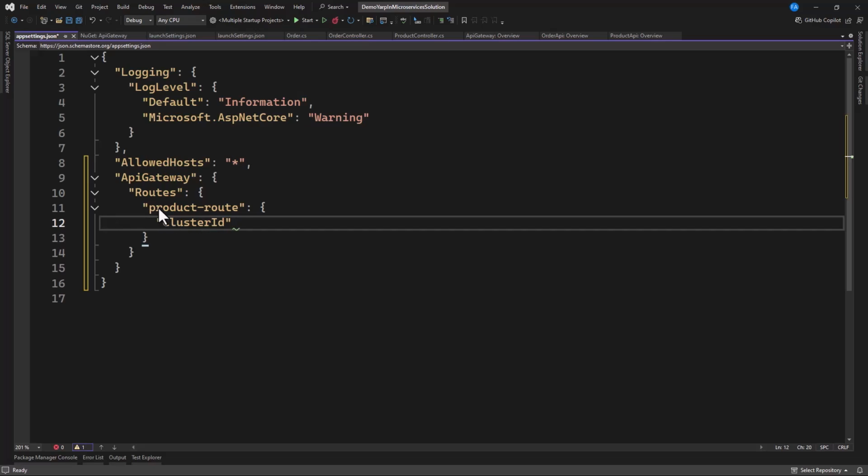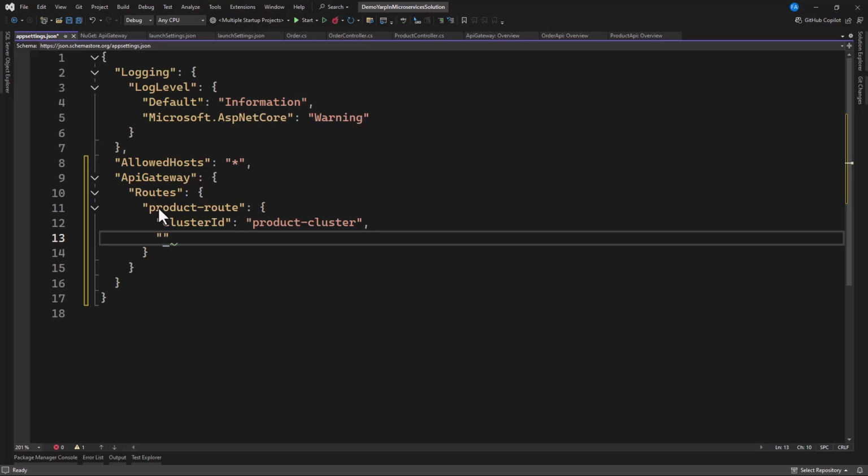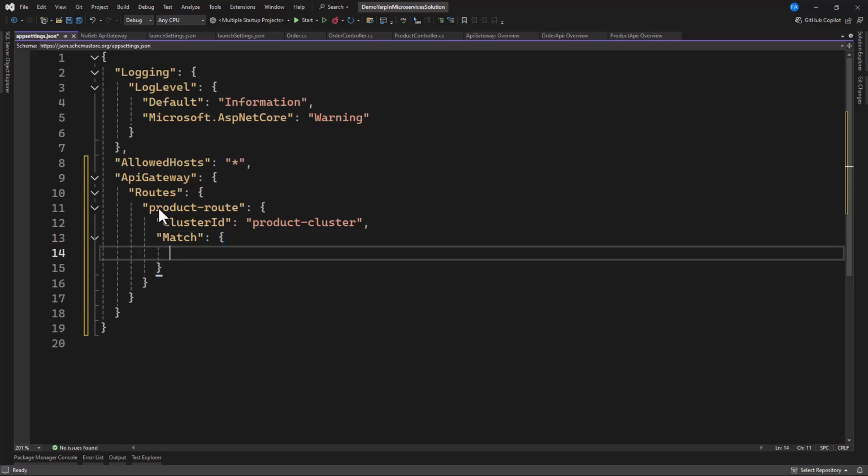Now, this should also be unique, and we're going to implement this. So let's say this is product cluster. Aside from this, we need to provide our match. So we have a match, and now with this match, all that it is requesting is, in your controller,